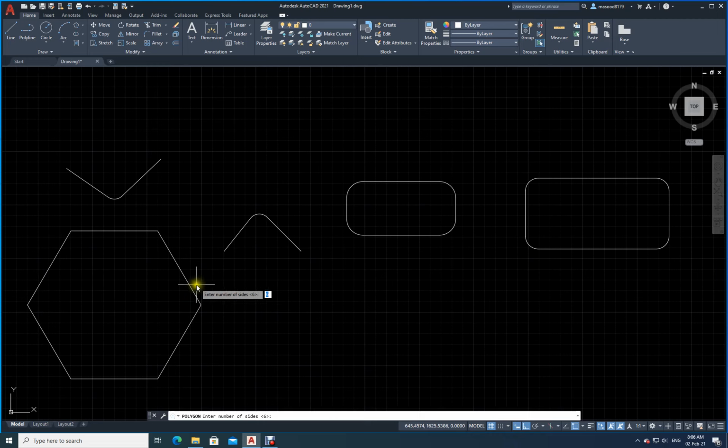Now I want to make some rounding on these corners. Let me just go here, fillet. Okay, let me select the radius as, let us say, 5. Okay, radius as 5 and then enter. Now let me select polyline, right? So now just click it here. Now see, all corners are filleted. See here, nicely rounded corners I have got. So this is the way the fillet command can be used.